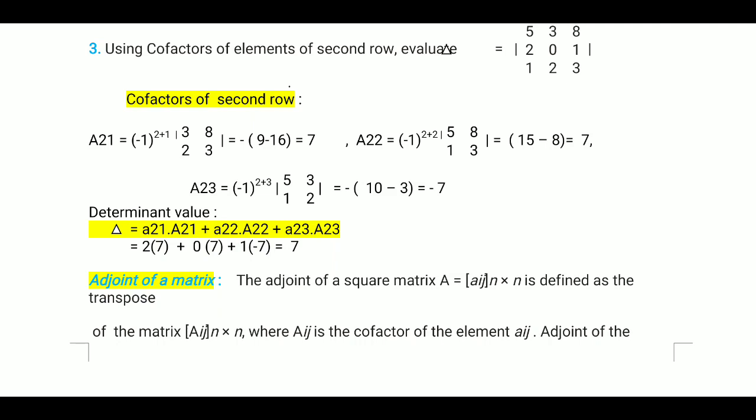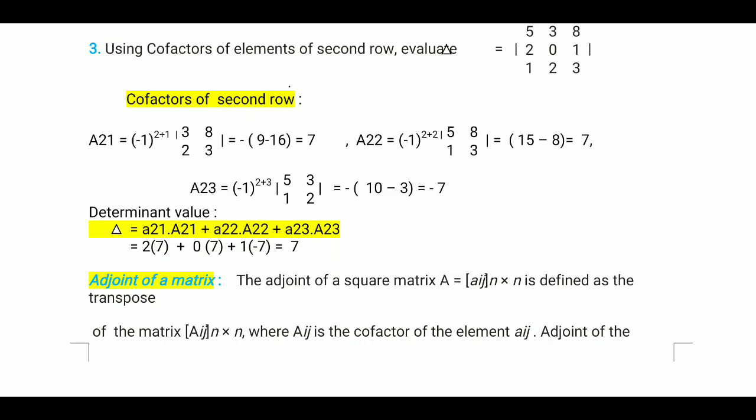So the row is completed. A21 means the element in the second row and first column, which is 2, and capital A21 is already calculated, that is 7. So it is 2 into 7, plus